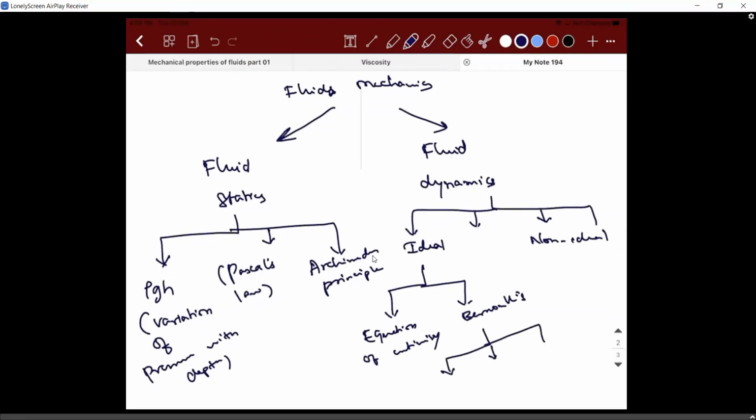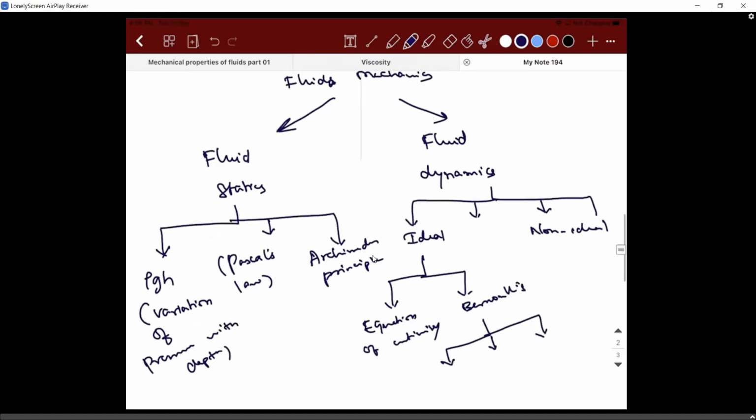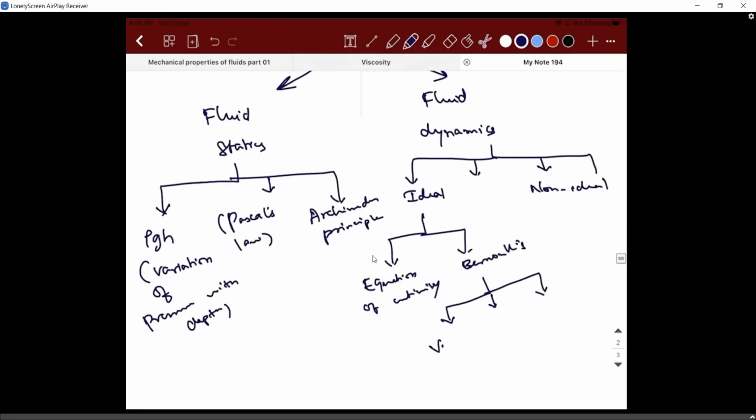Under Bernoulli's principle, we saw different applications. What are they? One, we saw the Venturi meter. Then speed of efflux, that is Torricelli's law. Then what else did we see? I think these two are the important applications. Then there is something called the Magnus effect also, which I gave as self-study. That is what will happen when a ball is spinning in the wind and all those things. I hope you're clear on this, right?